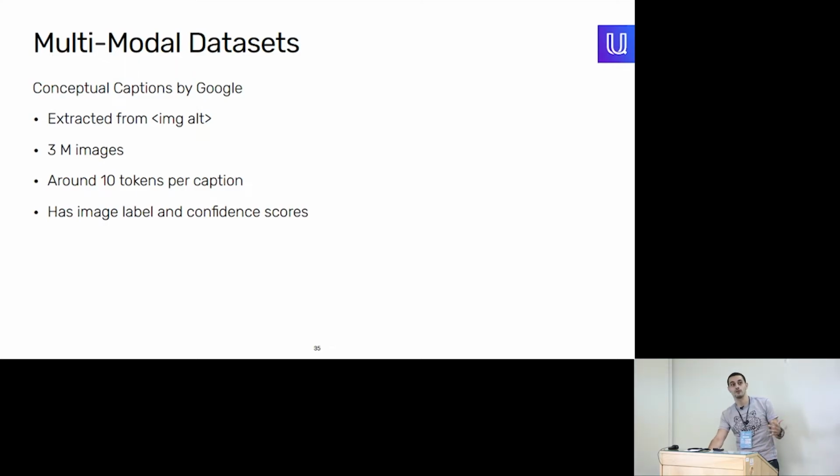HTML files include so much more hierarchy and context that we just skip. Even the most obvious thing, taking the nearby text, or at least the title of the page, may have been a better way to prepare a training data set than just this. On the positive side, the data set comes with at least some basic statistics: on average about 10 tokens per caption. And they also annotate those images with some automated methods.